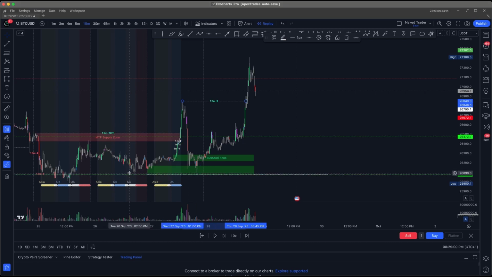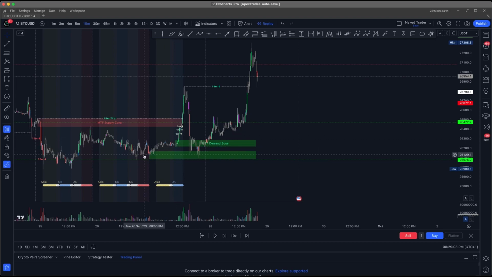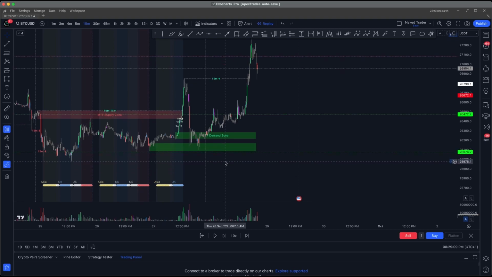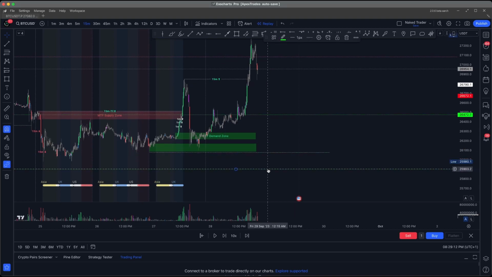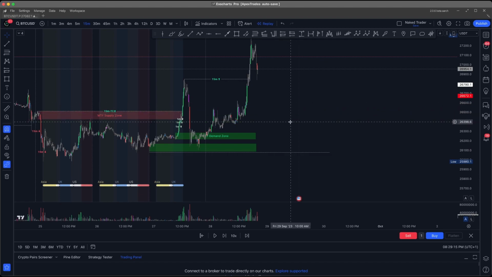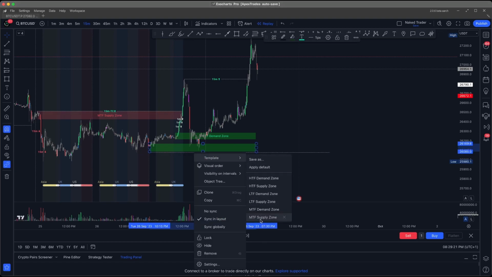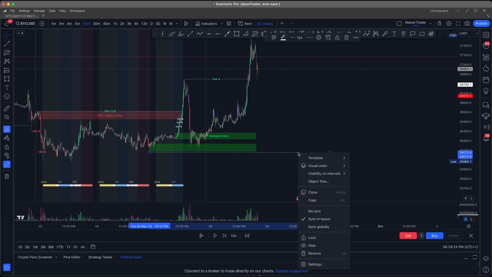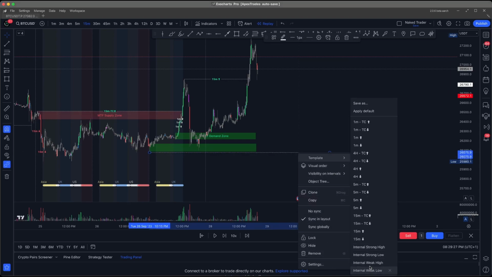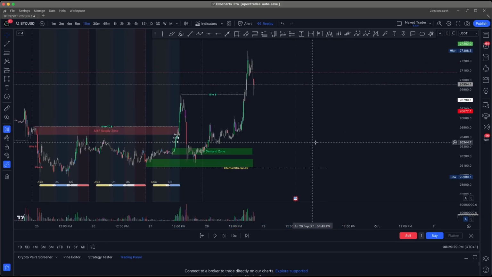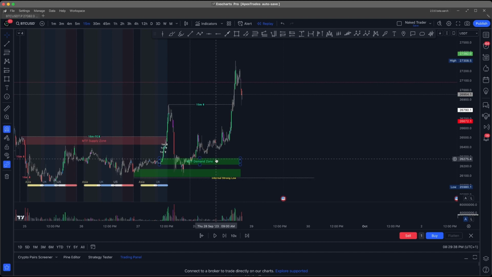We actually didn't really, if you think about it, from the zone, from that low that was created at this point. Get rid of that. The low that was there held very well. And so this would have been what we call a strong low, right? Sorry, I'm on the wrong one. Internal strong low. Perfectly does exactly what we normally expect it to do. Once we get that trend change, we get that 15-minute up move, right? So we can get rid of that demand zone because that one obviously didn't hold.